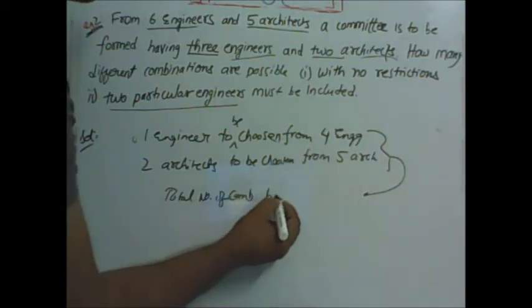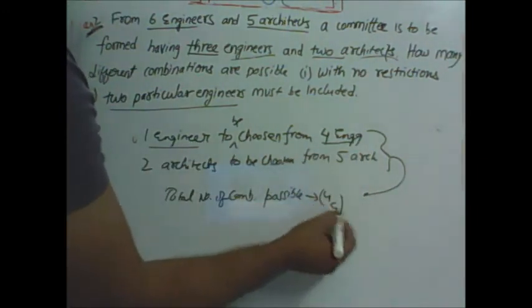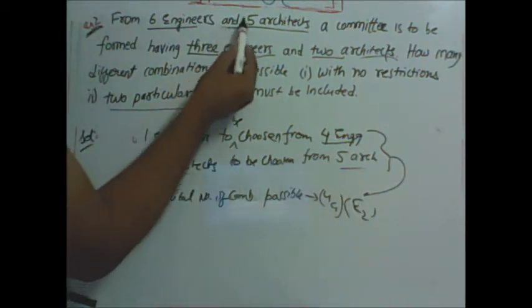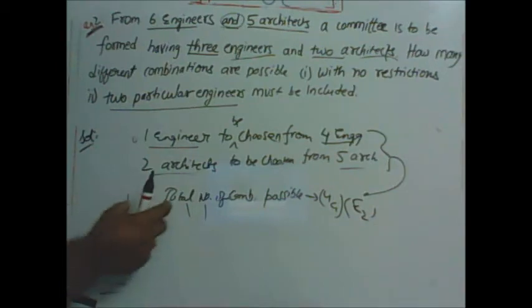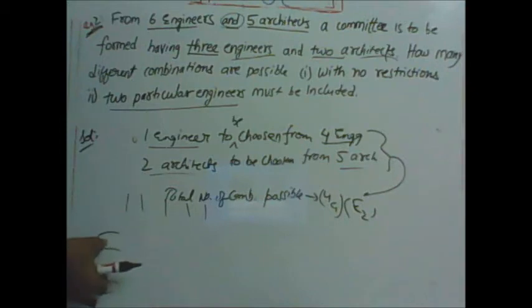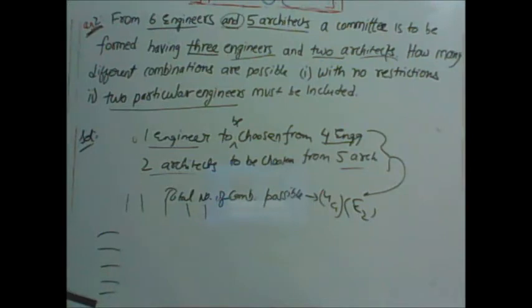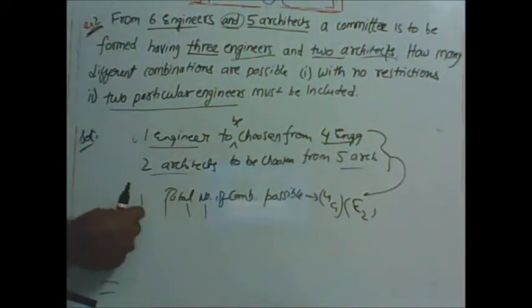5 architects. Okay. So combining these two, the total number of combinations possible will be, out of 4 we can choose any one, into out of 5 we can choose any 2. So 5C2. Here we have to understand that AND is given. So if 6 engineers are there and 5 architects are there, when we are choosing any 3 and we are choosing any 2,